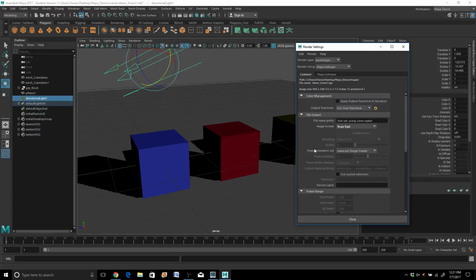Okay, next one here says frame animation. Okay, so name.number.extension is what we want. Okay, but right now it says single frame. That means that if I hit render, I'm only going to render this one image. Okay, so let's say I want just this one image. I can leave it alone. But if I want to have an actual animation, then I'll need to go name.number.extension like it is up here,